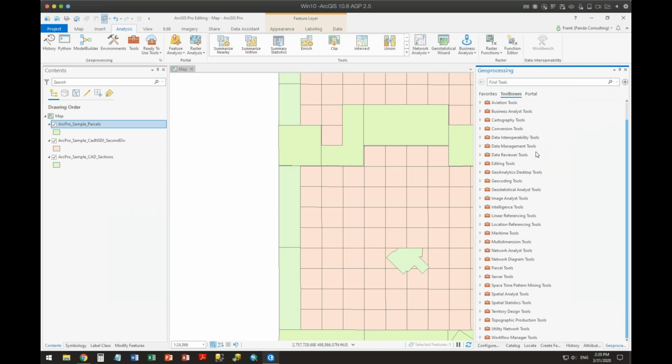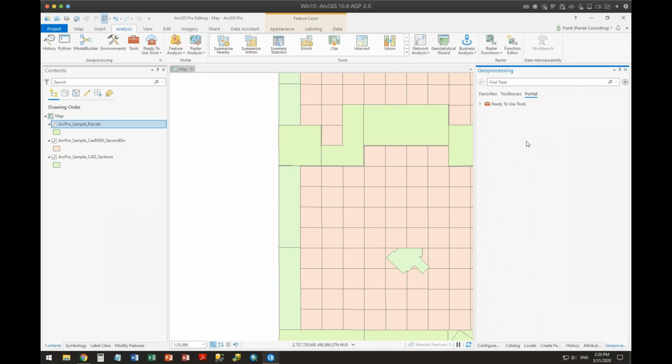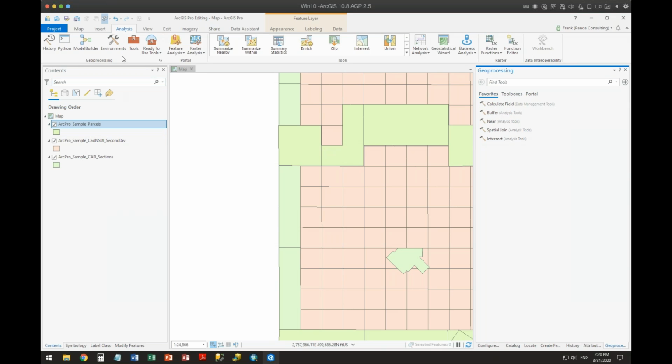Here is my toolbox, my complete access to all the tools that are in here. Or if I have something on the portal, I might have automatic portal tools that are available to me. That is the geoprocessing pane, and that is set up by clicking this button here under the analysis. Other feature analysis, these are some standard types of analysis that you've got for most of what we're dealing with as far as editing. You're not going to pay much attention to it, but they're there.